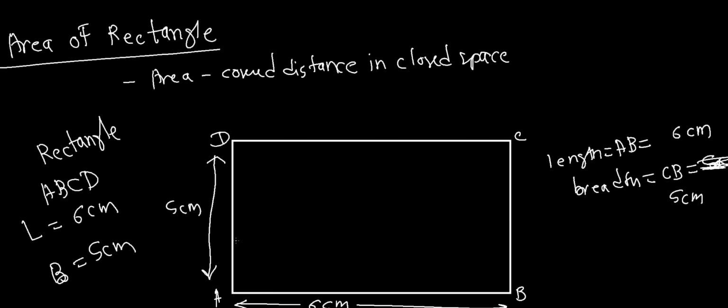Now we will divide this rectangle into a grid, and like this we'll divide the length AB into 6 equal parts. So to make 6 equal parts, one part should be apart from the other by 1 centimeter. Like if we draw this,